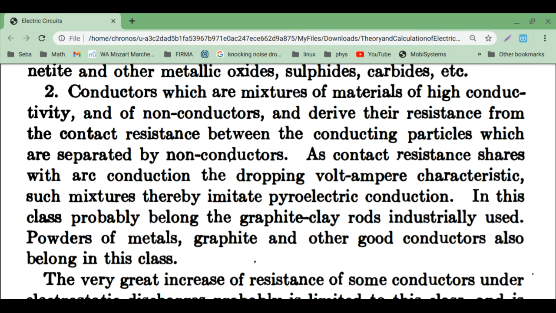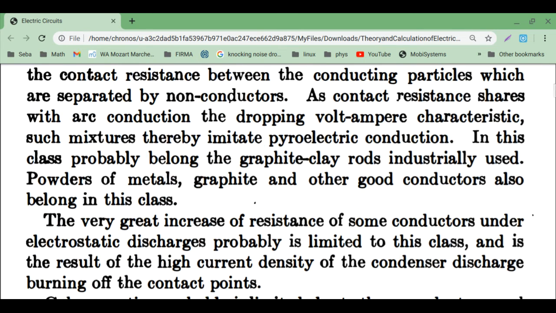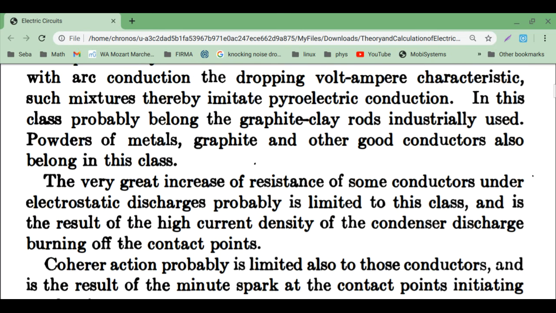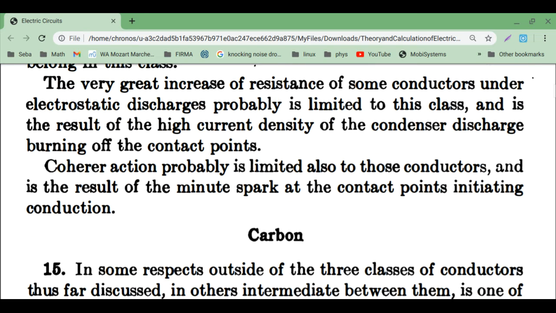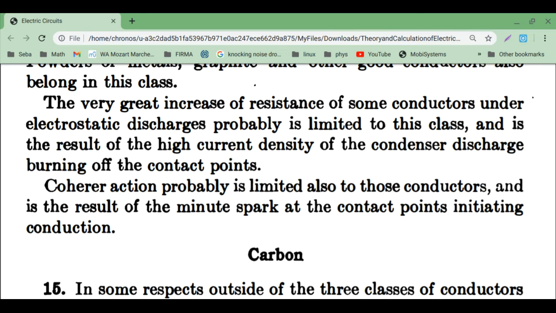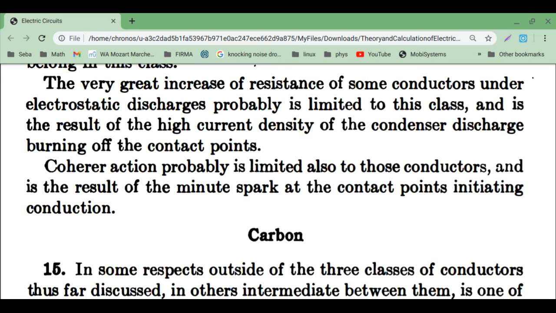As contact resistance shares with arc conduction the dropping volt-ampere characteristic, such mixtures thereby imitate pyroelectric conduction. In this class probably belong the graphite and clay rods industrially used. Powders of metals, graphite, and other good conductors also belong in this class. The very great increase of resistance of some conductors in electrostatic discharges is probably limited to this class and is the result of the high current density of the condenser discharge burning the contact points. Coherent action probably is limited also to those conductors and is the result of the minute spark at the contact